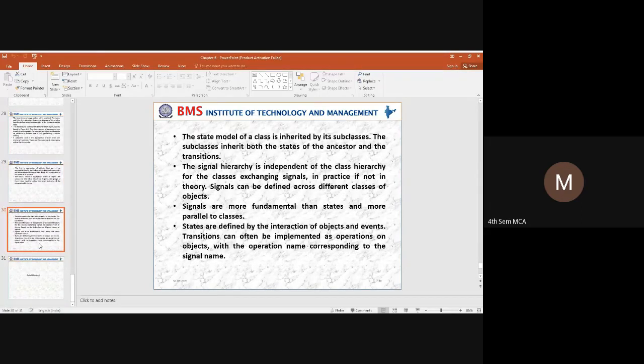So the next thing is we have identified how the class will be inherited. When a class has been inherited, we represent subclasses. Similarly, in a state model, we have signal generalization. Through the signal generalization, we represent a hierarchy of signals and how the state can be specified. So this is how we can represent a state diagram with respect to different signal classes, and parallelly the operations can be carried out.